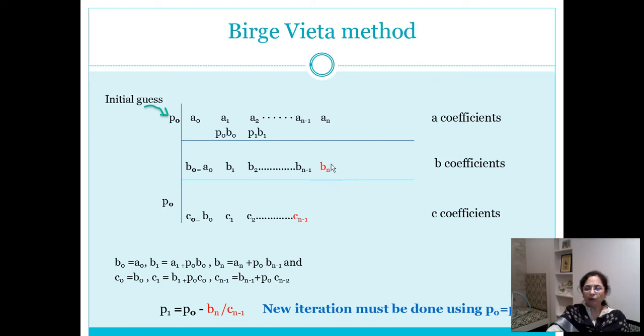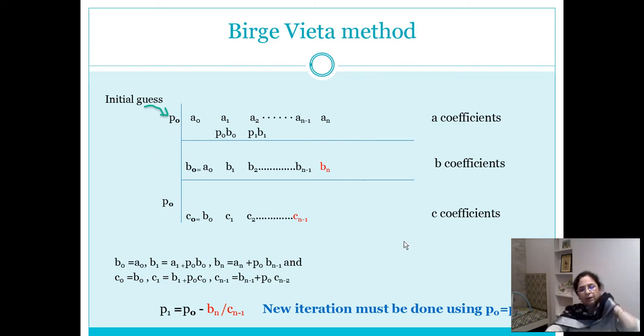When the bn value ideally reaches very close to 0, this value of p which we are using is very close to the actual root value. So this process is said to be converging on the actual root, and we can extract that root from the polynomial expression. The Birge-Vieta method can be used for identifying and extracting one root at a time from the given polynomial expression. The only limitation is that it has to be a polynomial expression in a single variable.